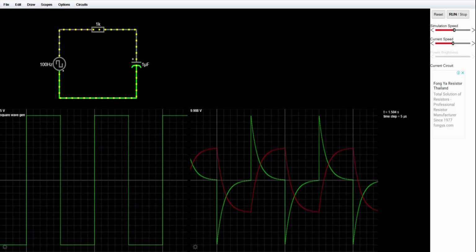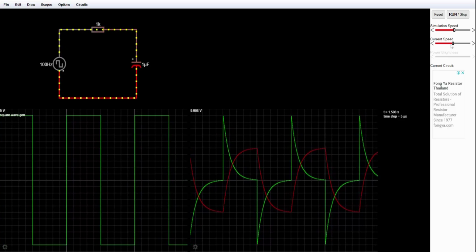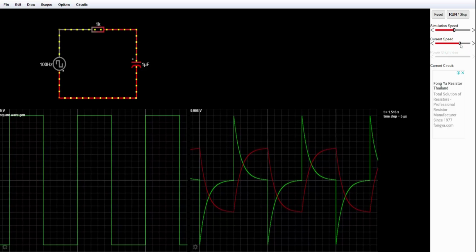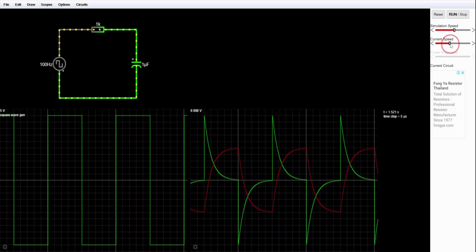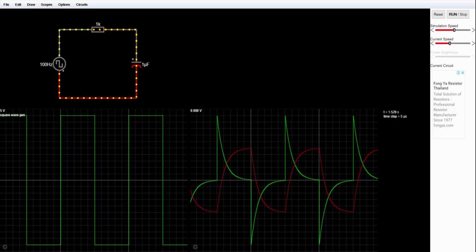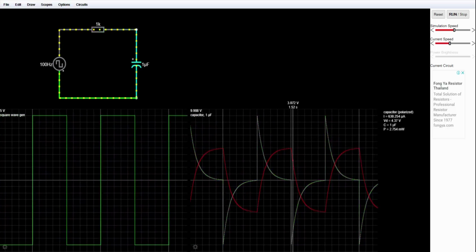So the direction of the current keeps on changing every cycle. That speed also can be controlled from here. That is just for demonstration purpose. It doesn't mean anything. You can keep any average thing. And this is not important from lab point of view, but this scope is important from a lab point of